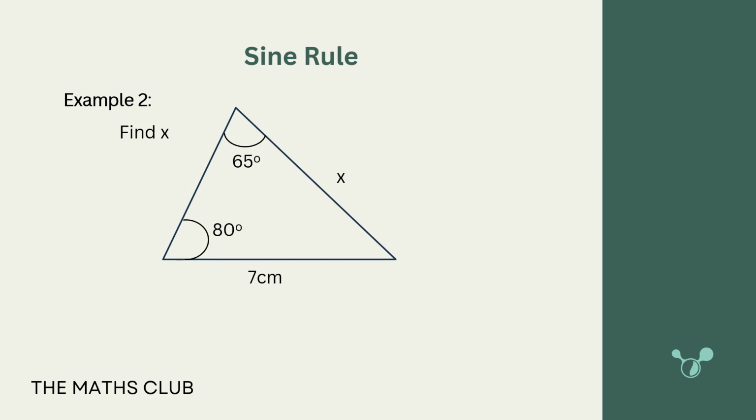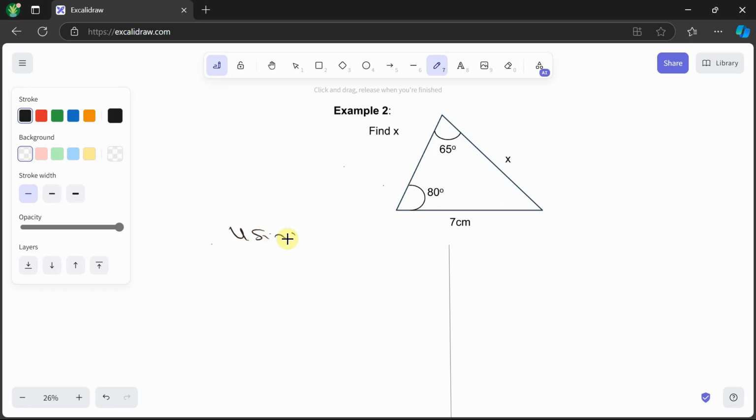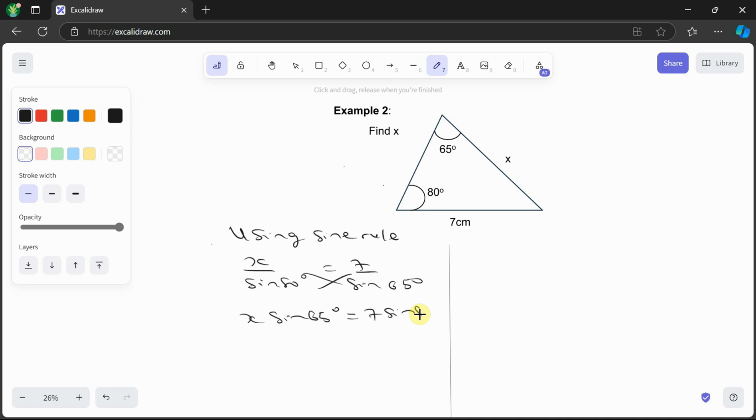Let's solve it together. So I'll say, using the sine rule, you have to state what rule you are using. Once again, that will be x over sine 80 degrees is equal to 7 over sine 65 degrees. So if I cross multiply, that will be x times sine 65 degrees is equal to 7 times sine 80 degrees, and I'll just divide both sides by sine 65 degrees to find x. So this will cancel this, so x will be equal to 7 sine 80